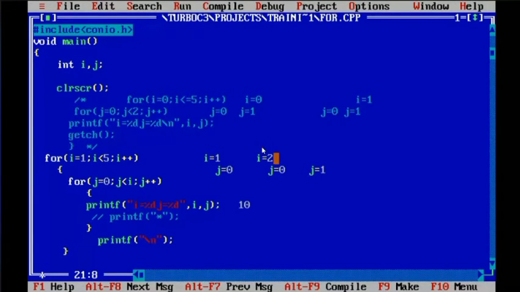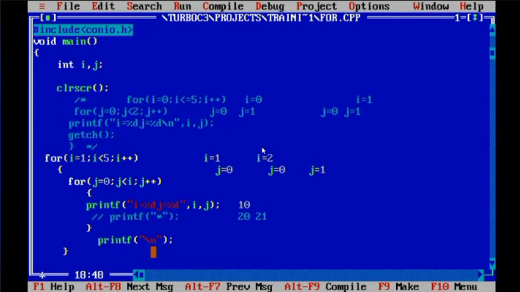So this thing will be done: i equals 2 and j equals 0. So i became 2 now. j will again start from 0, but this time two values of j will be there because i is increased and we are comparing j with i. So 2 0 and 2 1 will be printed in the same line. Is this clear? The whole concept is based on that.